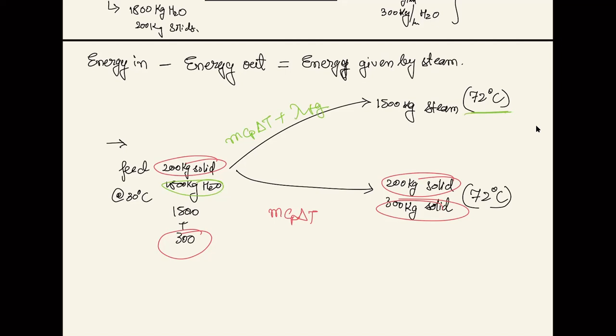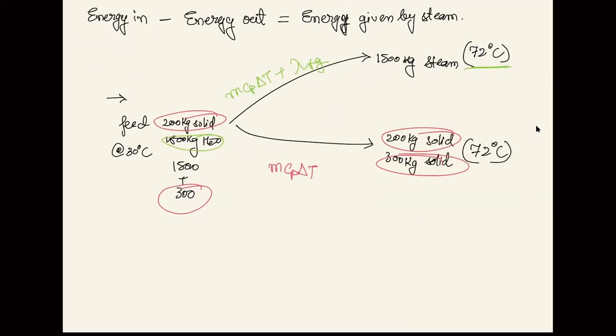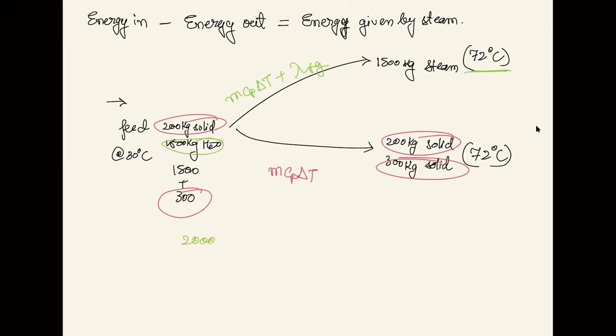Is it clear? So ideally what I have to do is 2000 kg per hour times cp value जो मैंने कितनी दी, 3.96, which is kilojoule per kg Kelvin, times delta T,